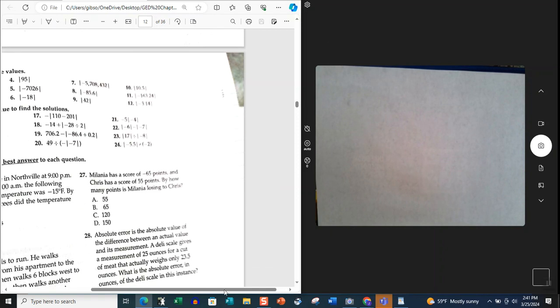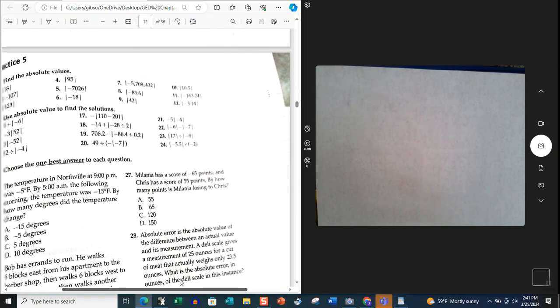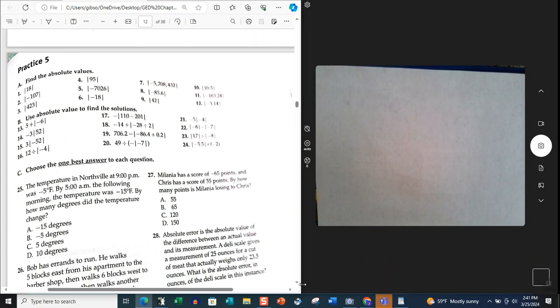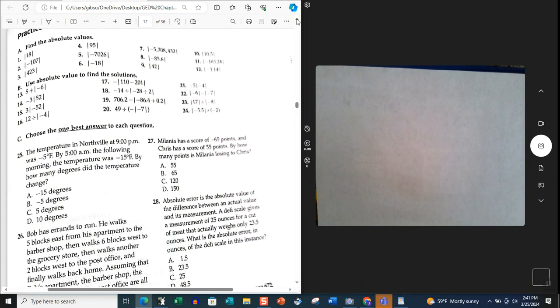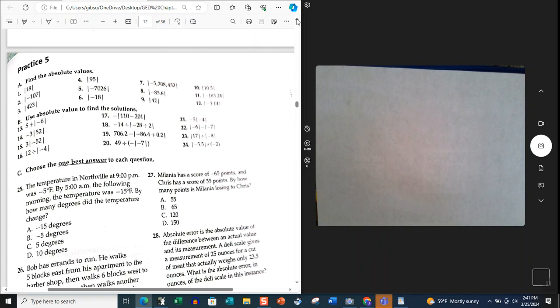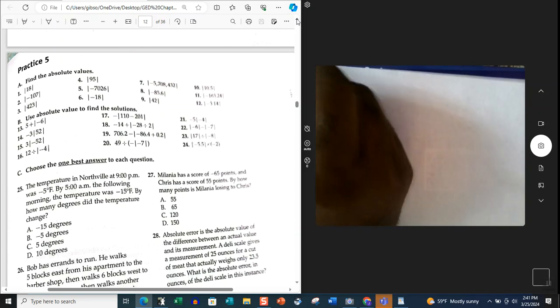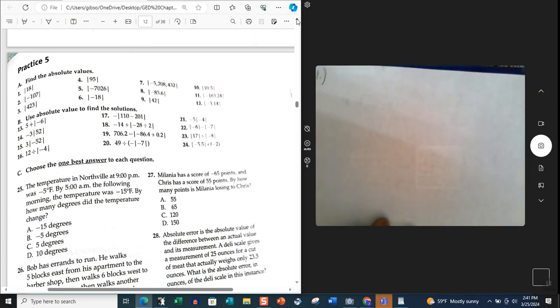Now we scroll down. We come here to the examples. I believe there's 28 problems for the example. So we're going to go through these. The first 12, I do believe we would get through fairly quickly because they are just absolute values. So let's look at problem number 1. Problem number 1, we have the absolute value of